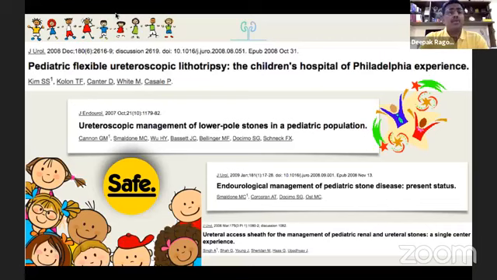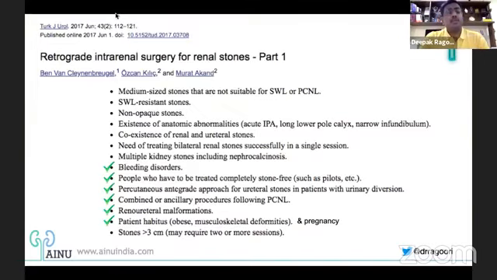And coming to pediatric ureteroscopy, of course, yes, it is indicated in pediatrics. It's a long-gone debate now. And I guess our next expert, Dr. Chandramohan sir, will be speaking in detail about pediatric flexible ureteroscopy. This is no longer a limitation. Yes, we can go ahead and do flexible ureteroscopy in children.